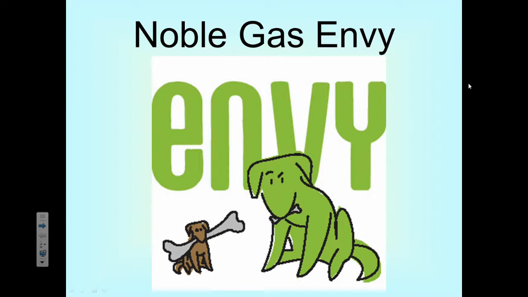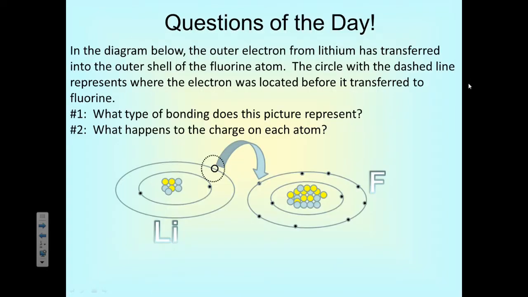Set of notes, we're going to talk about what's called noble gas envy. All the atoms on the periodic table would love to be like the noble gases as far as their electron configuration goes. So we did these notes as a question of the day, and the first thing I pointed out to the